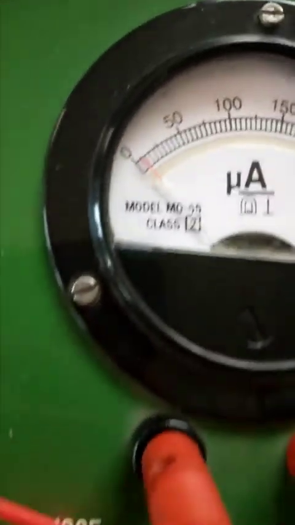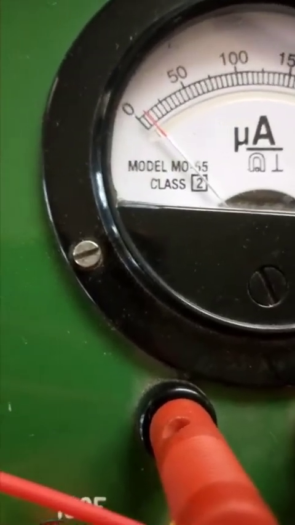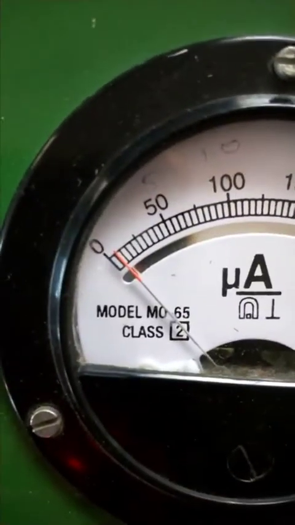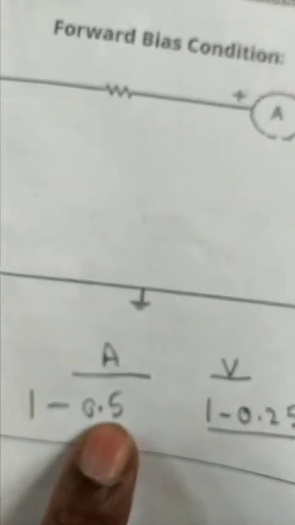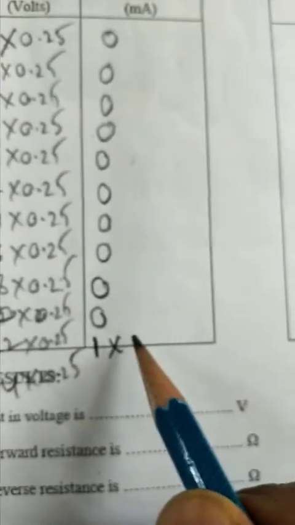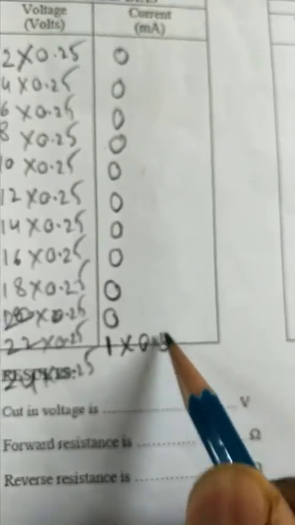You have to see here, from here you are going to see in between the second and first line. Now the 90 degree you are going to see here. Then exactly now, first line. Now first line at 24th, 22. So 1 into first line. One line value is what, what is the value you are getting? In the ammeter, one line value is 0.5. Correct or not? Now can I take out, can I write it here? 0.5. So 1 into 0.5 means 0.5 only you are getting as the value.